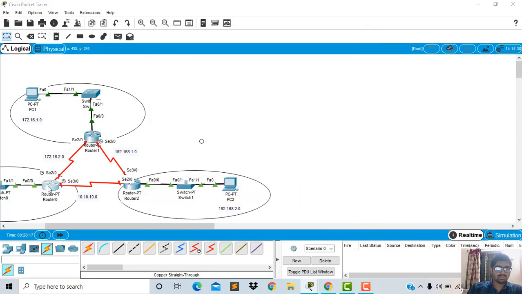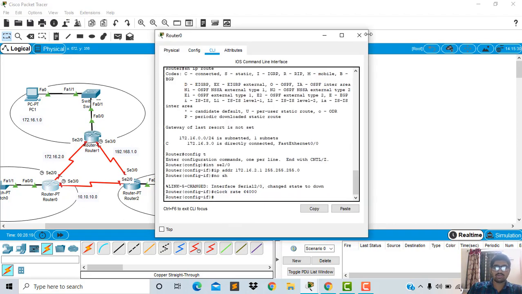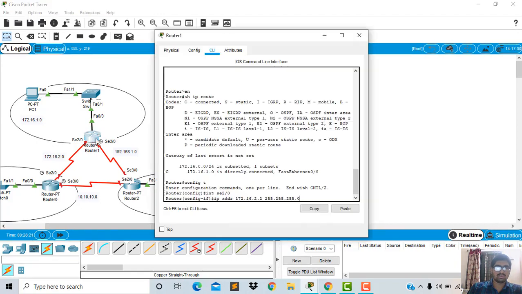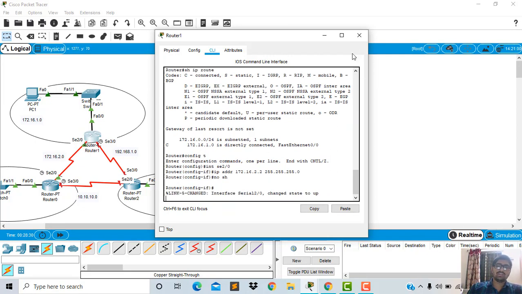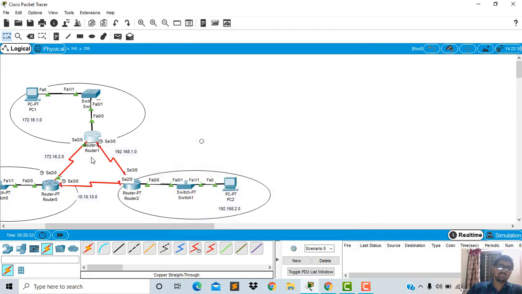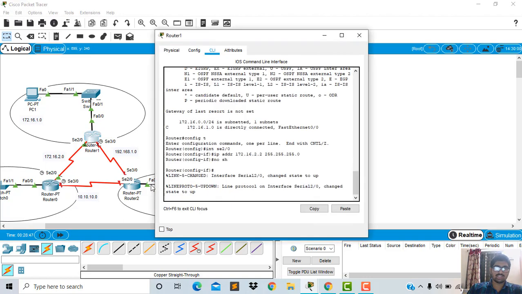First we will see the router 0 is connected with 2.1, and the router 1 is connected with 2.2. Now when we give the command no shut, the router 0 and router 1 are connected successfully. Now we can see that before it was red, now it became the state up, which means that it is connected with router 0 and router 1. Now as well we will do this for the right router, that is router 1 to router 2, there is no connection. Now we will connect that router.